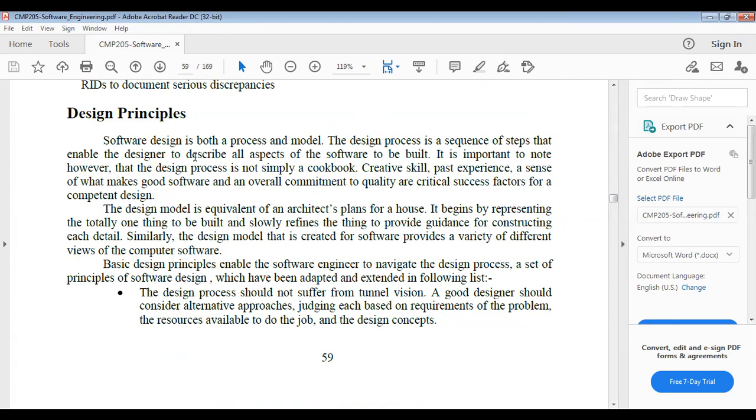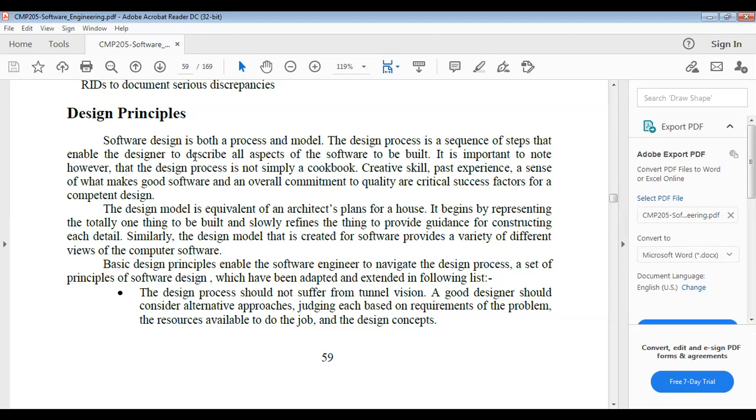Designing is a process itself and a model itself. In designing, we have to create a particular model, and creating this model is itself a process.